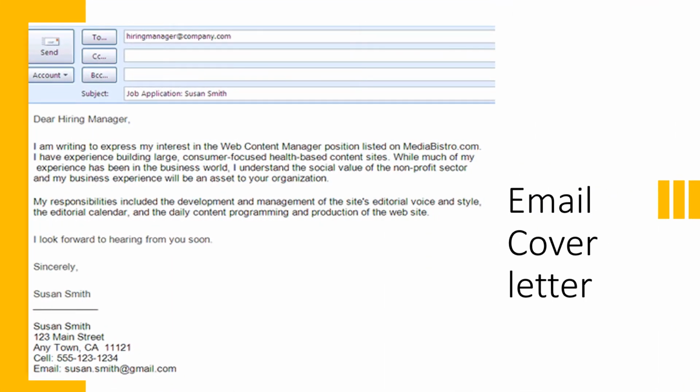Nowadays, most companies choose to use email or email cover letter. From the cover letter, it turns to email cover letter. So if you submit by using email, you don't need to provide a separate cover letter. All right, the format is quite similar. For example, you have to understand the function of these buttons, for example To, CC and BCC. So To is where you put the email of the company. The format you can get from the website.